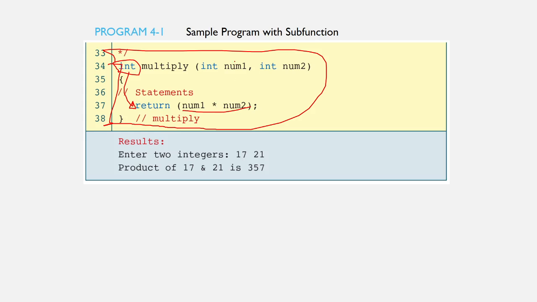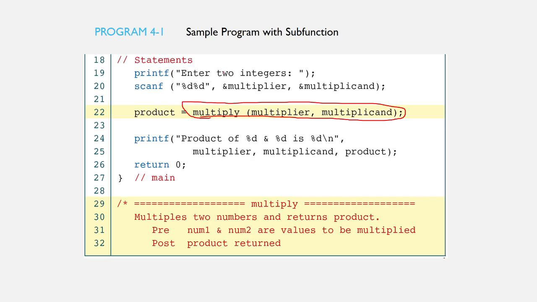So for example, if the user will enter 5 and 2 here as multiplier and multiplicand, the value 5 and the value 2 will be passed as the actual parameters in this function call.